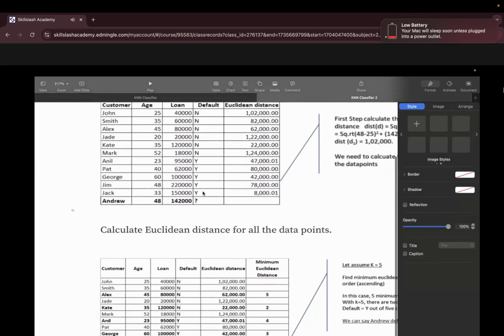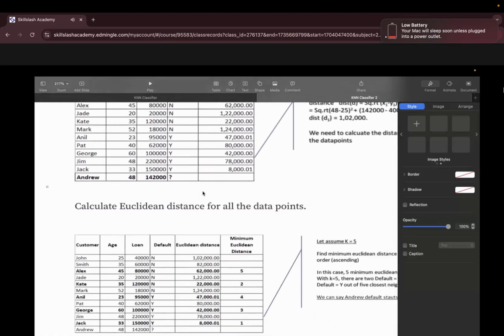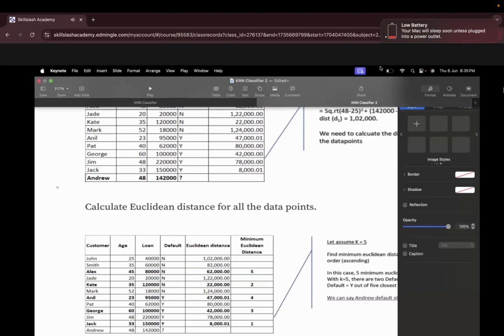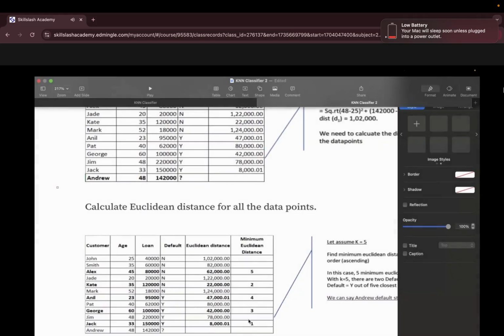Now, once we decide the Euclidean distance, we have to find the value of k. The best part here in our case is that we don't need to calculate the Euclidean distance manually. It is not required. We are not going to calculate it manually. It is going to get calculated in the model itself, everything is automated and inbuilt. Now, since we found the Euclidean distance, what we are doing right now is finding the nearest neighbor.